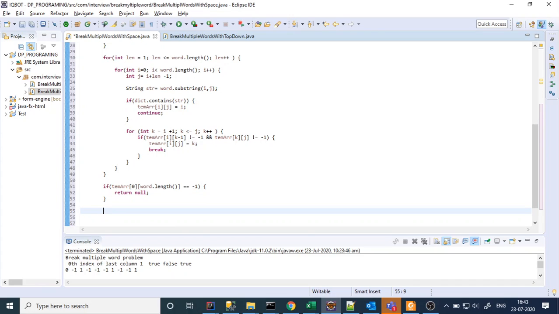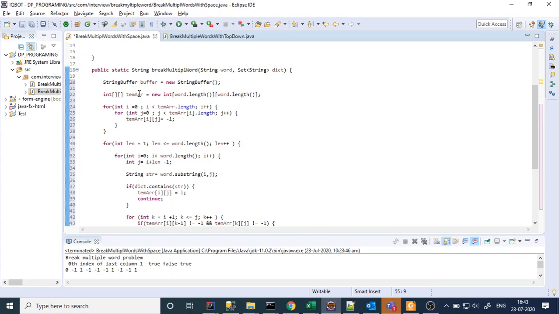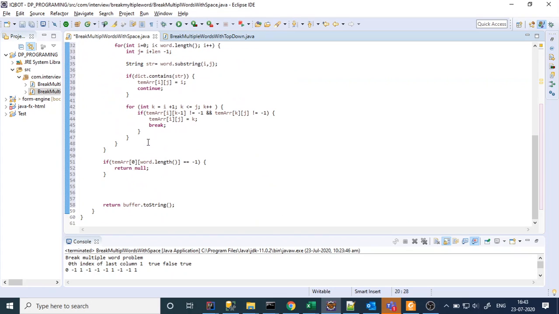If a solution exists, then I have to add it in a string buffer.